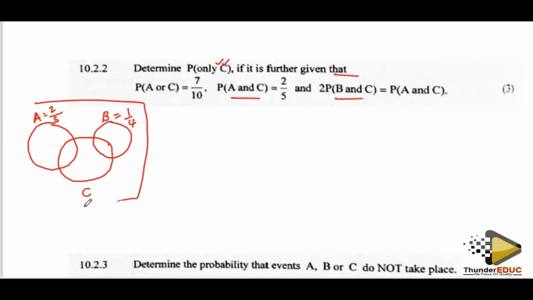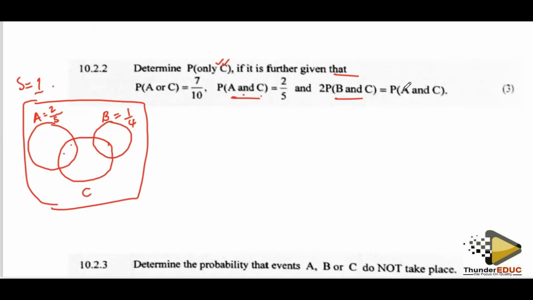So if our sample space is 1, okay, sample space is 1, then you just fill in this. Okay. A and C must be 2 over 5. So if this is 2 over 5, okay,